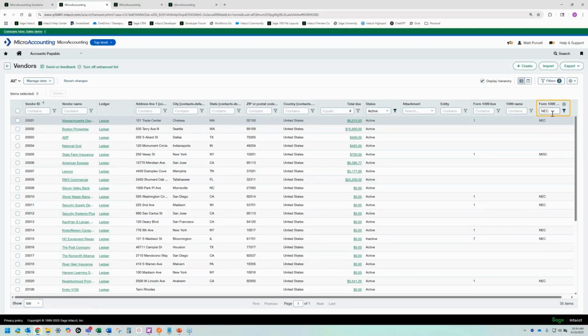Oh, is that not going to work now? There we go, equals NEC, and so apply. And I think all of these columns default to searching for contains.